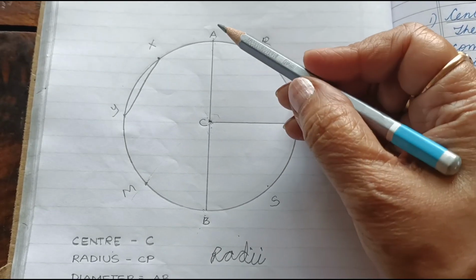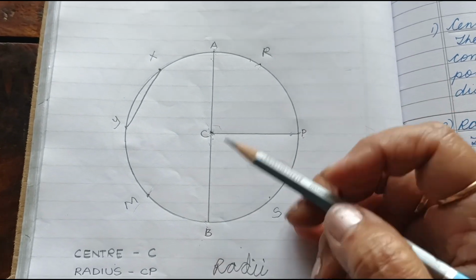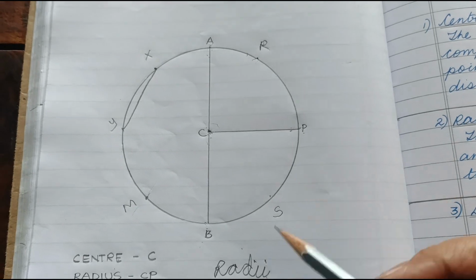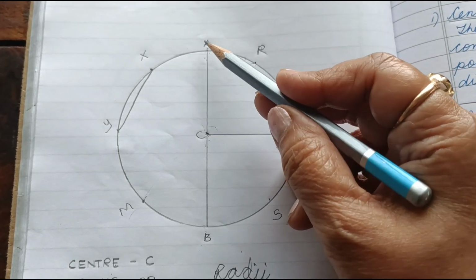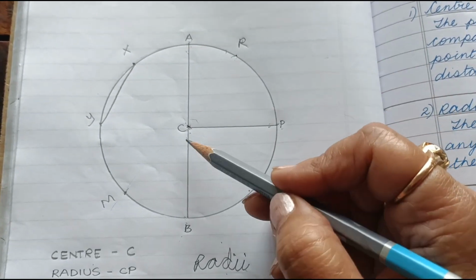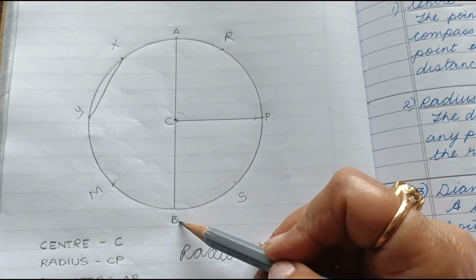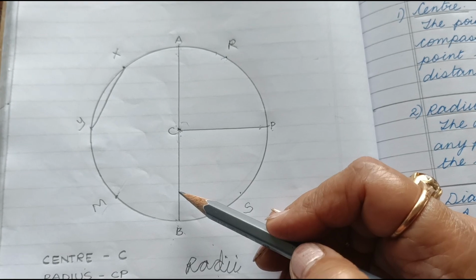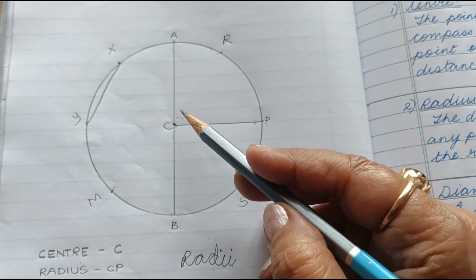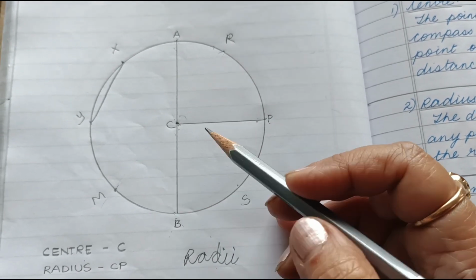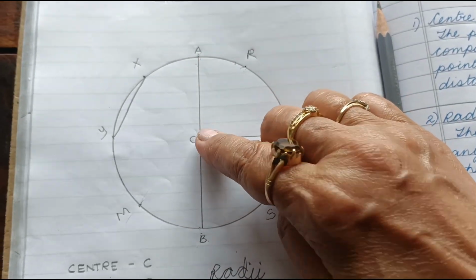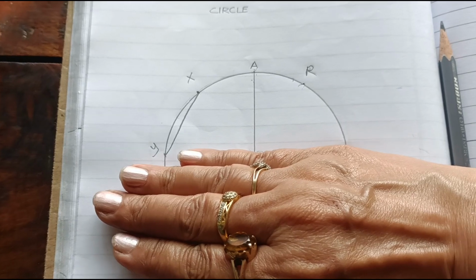I'm again repeating, this diameter AB has got two radii in it. CA is one radius and CB is another radius. So we can say that a diameter is twice the radius. That means 2 times the radius. And if I were to take only one radius in this, if I were to take only CA, so we say